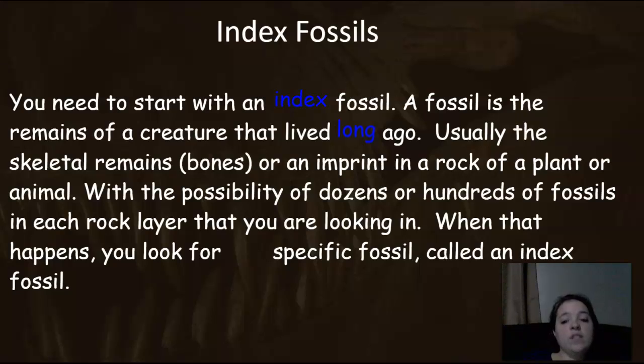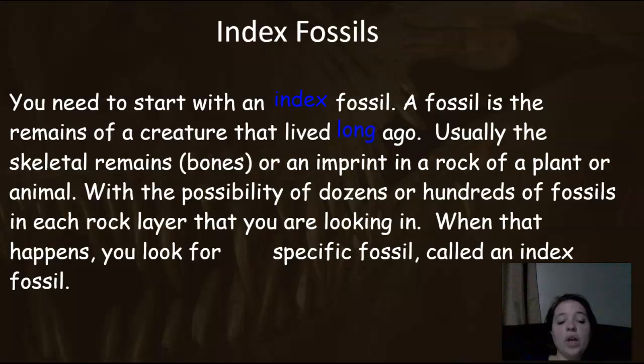With the possibility of dozens or hundreds of fossils in each rock layer you're looking at, think of it right now. If we had a rock that represented everything going on now, we've got lots of plants and lots of different varieties of animals. If someone were to look at it, it'd be confusing. You couldn't figure out this time period from, say, 500,000 years ago. To figure this out,